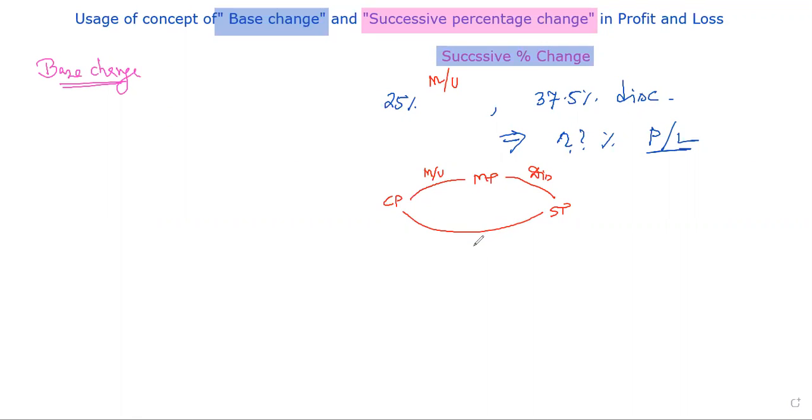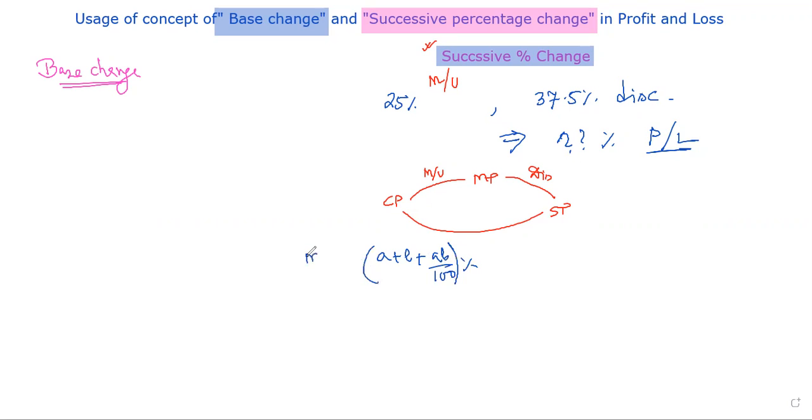I need to find that. To find this, we can use the concept of successive percentage change, and successive percentage change has a lot of methods we can apply. Students normally try to recall the A plus B method, but in this case the A plus B method is not too effective. Why? I know that the net percentage change will be nothing but A plus B plus AB by 100 percentage.